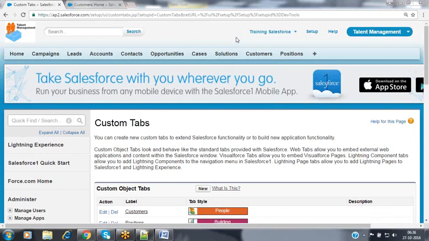Is it so, or can it be done in both ways? It can be done in both ways also here. Like if you want to redirect the user to an external system, if you're having any third-party application, if you're having any portal, then we can redirect the user instead of redirecting to the custom object. In that also we can do it, and this also will allow us to do it, yes.